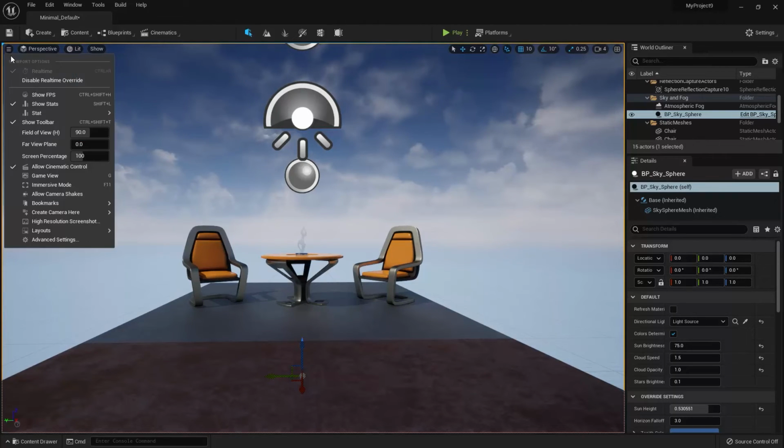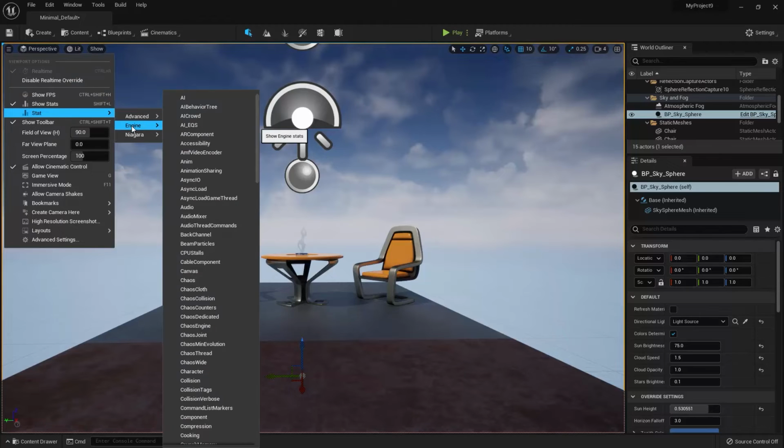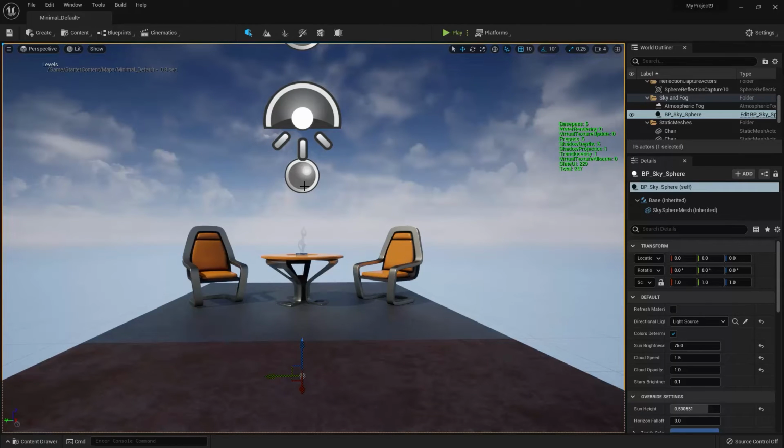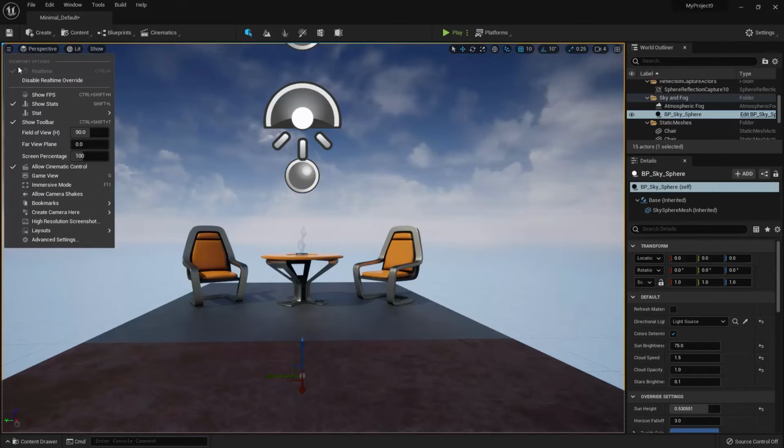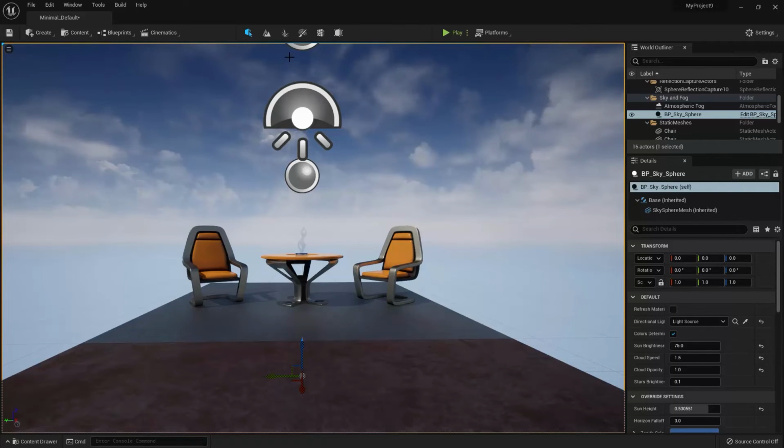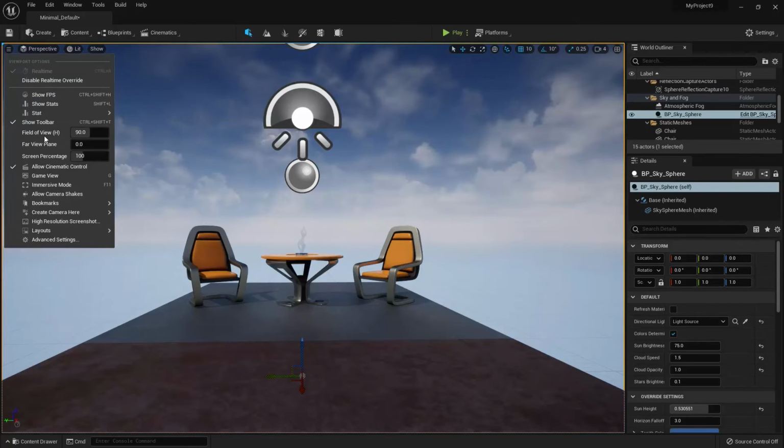Checking draw count will display various graphical statistics regarding what is currently being rendered in the viewport at any given time, and so on. Alright, so then the next option, show toolbar, will simply toggle the visibility of these viewport buttons on and off. The next option allows you to change the field of view of the viewport camera, which basically zooms the